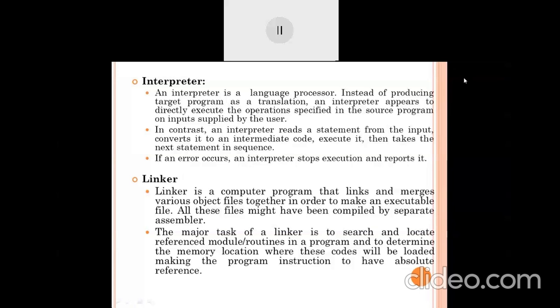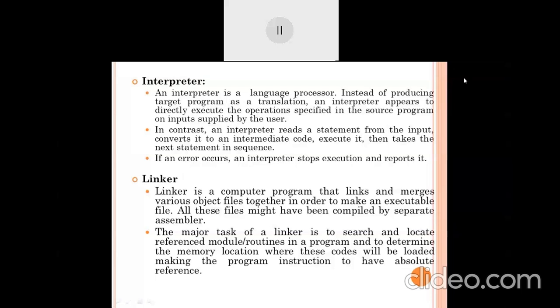In the second unit we are going to learn about the linker and loader. There are different types of linkers and loaders available. Sometimes different assemblers generate different object files, but with the help of the linker, they are linked or merged, and after that the file is ready for execution. It will be in the ready state, and after that the loader loads that executable file into memory.